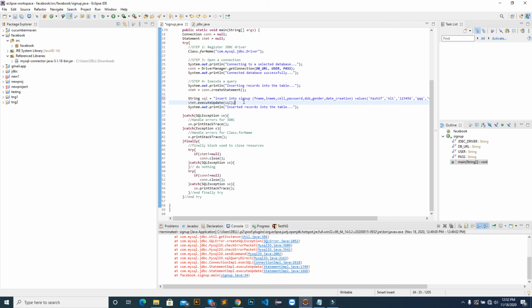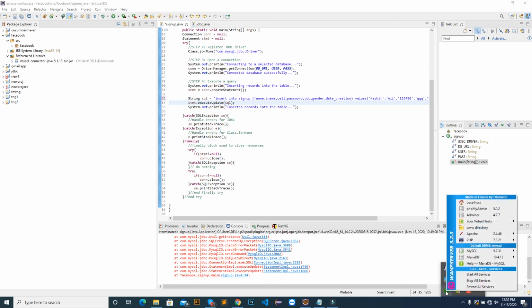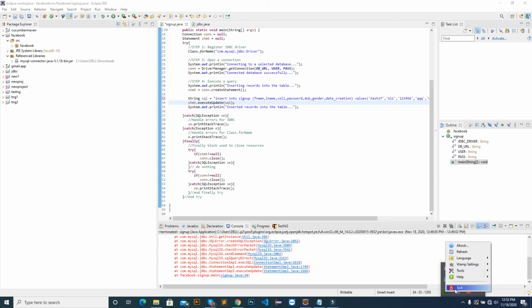So this was about this, and always use this. Remember, after using your server, you have to quit it. So you have to stop all services or quit it. Right click and quit.